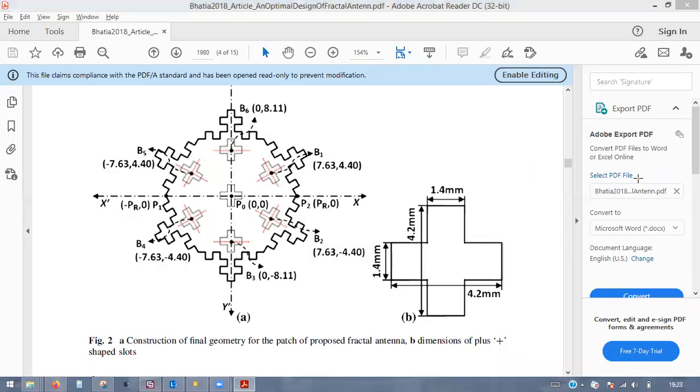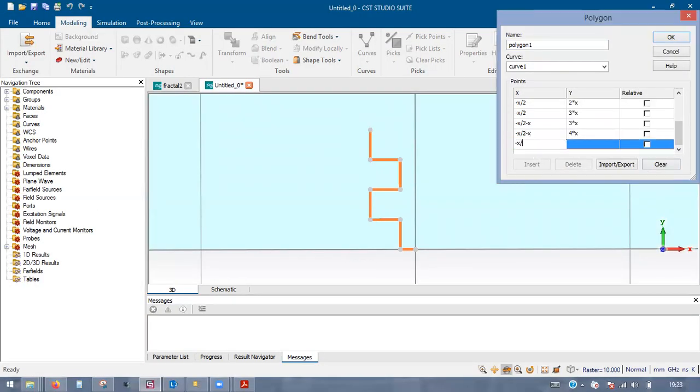Right, now we have to go towards negative x-axis. So again minus x by 2 minus 2x. Here it will be same as 4x. Now we have to come down, right? So x will be same, minus x by 2 minus 2x. Here it will be 3x. Now again we have to go in negative direction. So minus x by 2 minus 3x. Here x will be same.